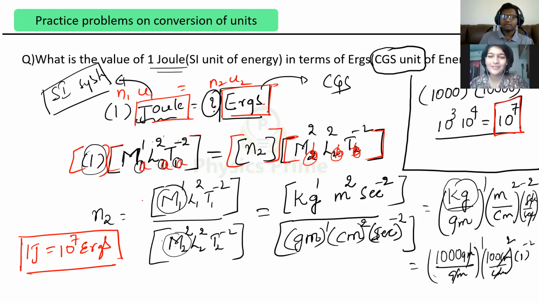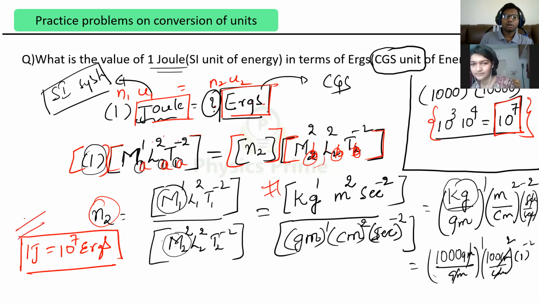This 1, 2 notation is a little bit okay, because in 10th standard physics also you used to write 1, 2 like that. So you can use A also, B also. It doesn't matter. But the point is N2, you want to find out. I've sent this to the left side and converted the units. Depending upon the gram, kg, meter, second relation, I found out 1 joule is equal to how many ergs. Got it? This is your CBSE exam. Whatever the exam, you have to follow this procedure and solve it for getting full marks.